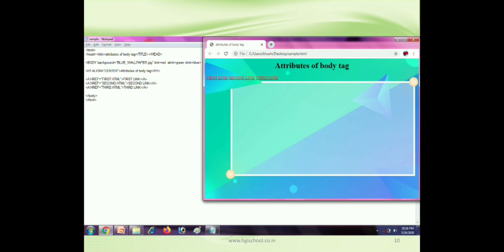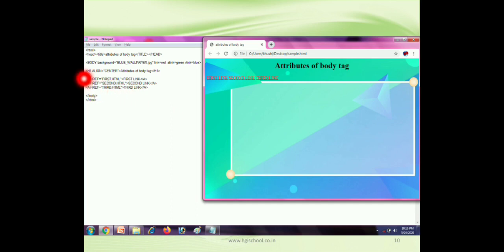We will be able to see it when we click the link. Then v-link, that means visited link, equals blue. So when we visit this link and then come back to this page again, its color will change to blue. Got it?